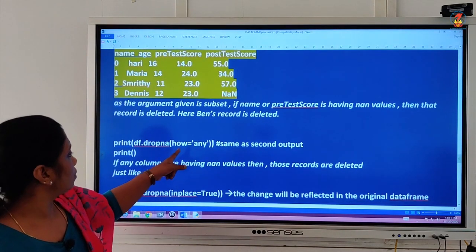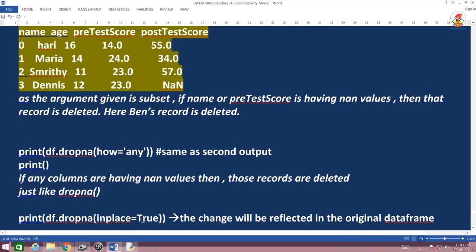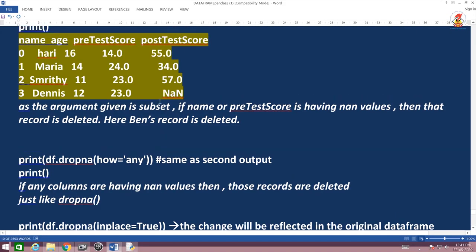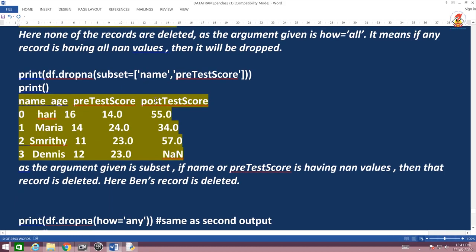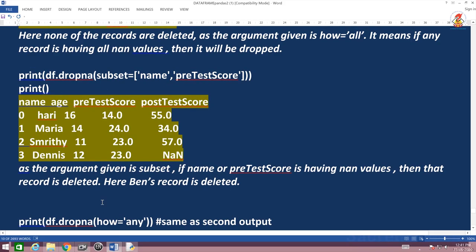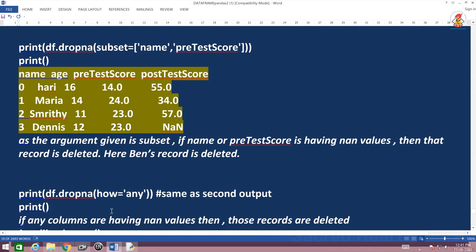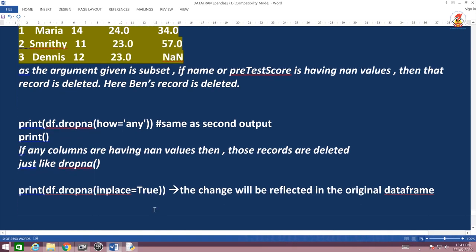Now we said about this very clearly, and the last one. Along with this, if any of these are given together, and along with this you give inplace equal to true, then automatically the changes which you have made are reflected in the original data frame.